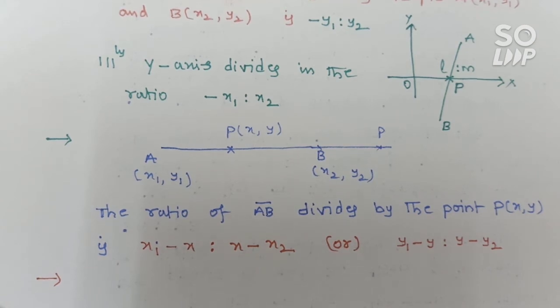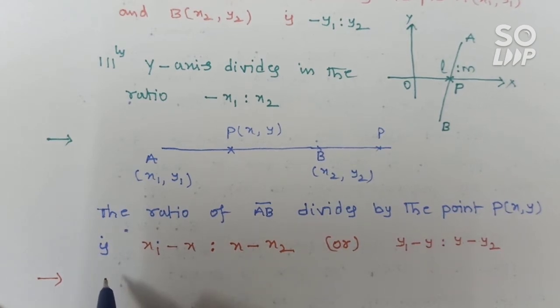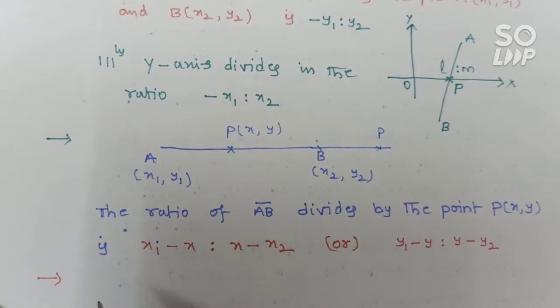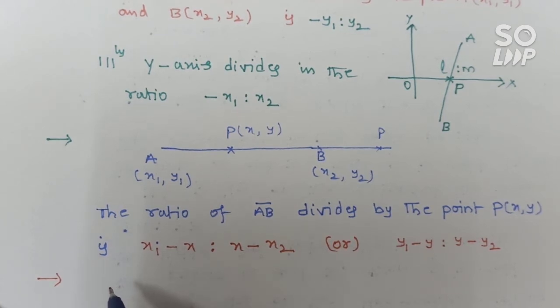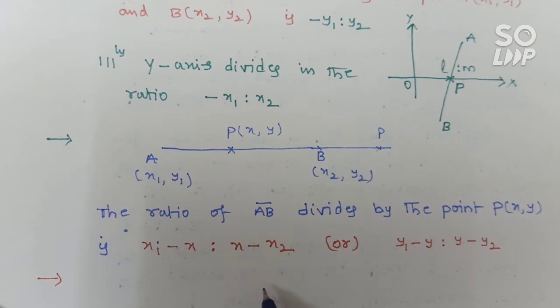The next concept is trisection points. Before the trisection points, at the same time, you write the midpoint. What is the midpoint? In the previous formula, AB is divided by the point P in the ratio L is to M. So the midpoint means the ratio must be 1 is to 1. Therefore, the midpoint of AB,